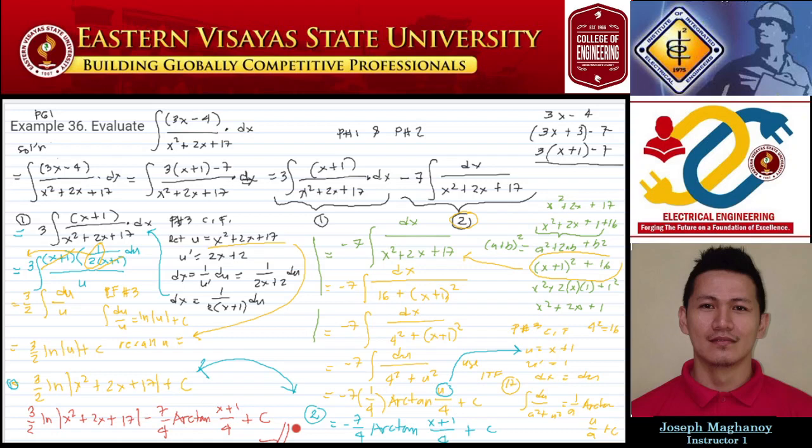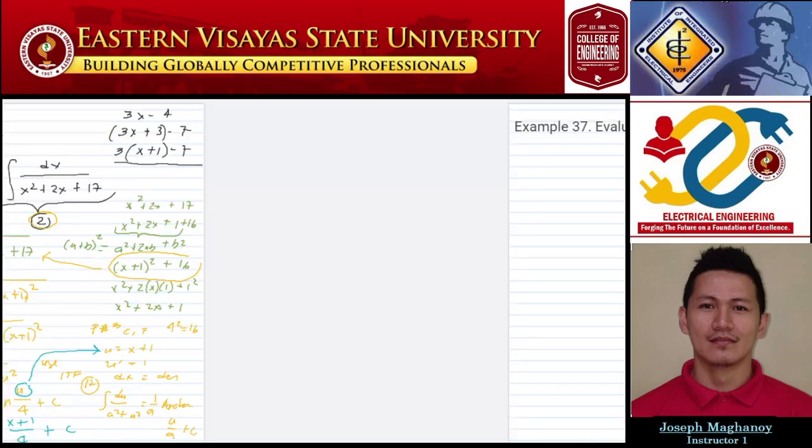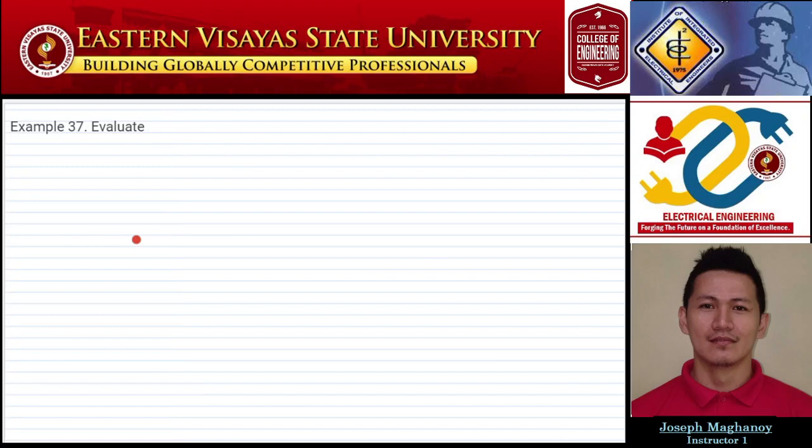Okay, let's move to our last example. Example number 37. Example number 37 can be found in your workbook on page 62. So we need to evaluate the integral of x dx all over square root of 1 minus 4x